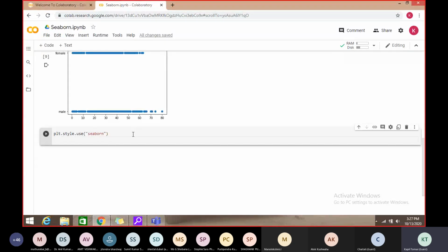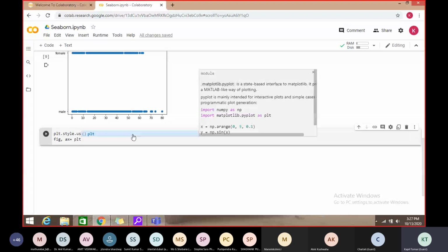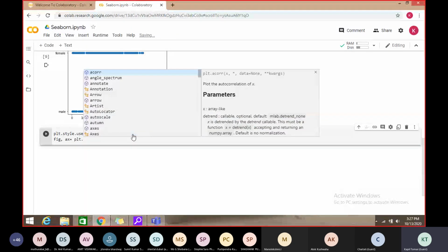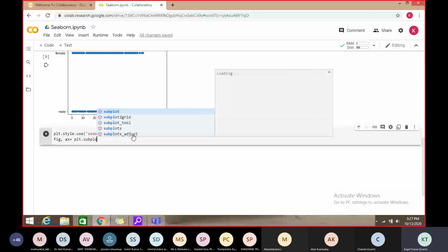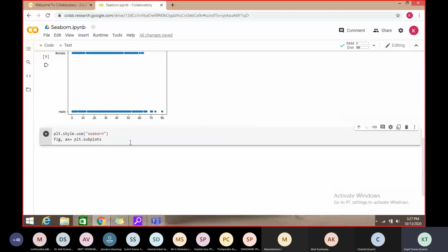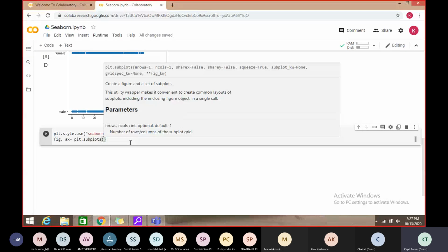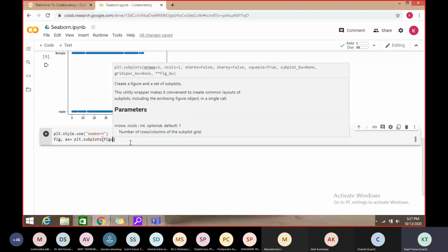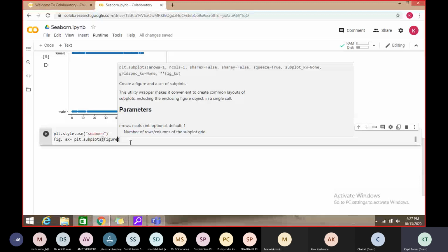Then we have to call figure and axis, so we have to call subplots, plt dot subplots, and I have to pass the figure size as we passed in the earlier method also.